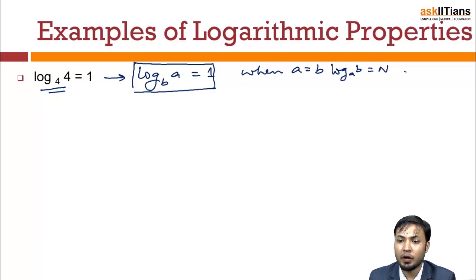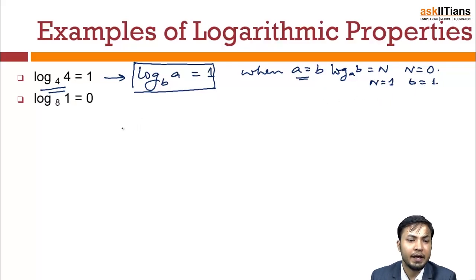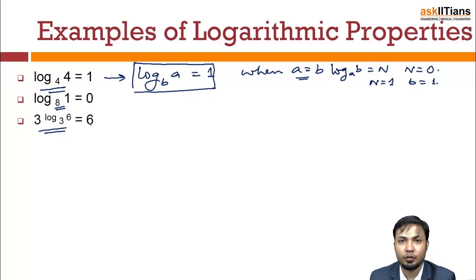If my n is equal to 0, that means your b will be equal to 1. Similarly, when a is equal to b, my n is equal to 1. Next, you see the example I was just discussing: 3 to the power log base 3 of 6 is equal to 6, just the property we discussed. Then again I have this, which gives me